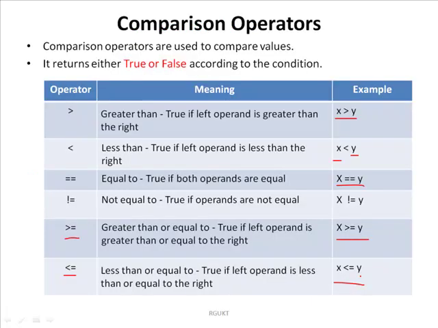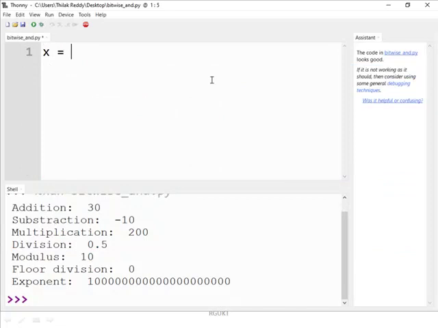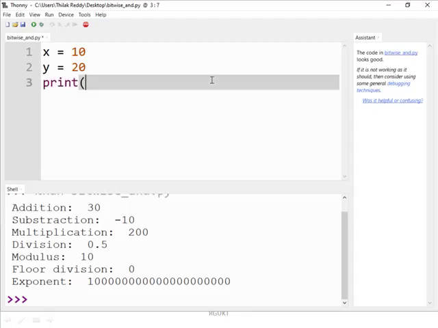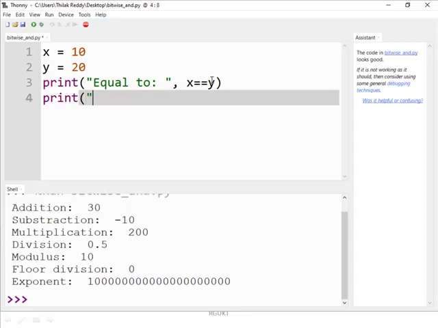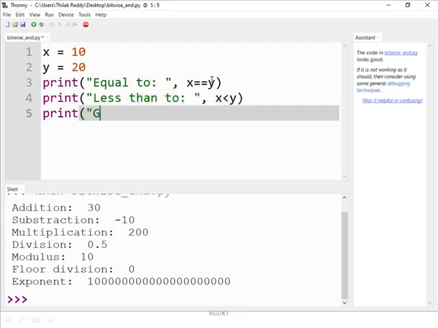Let me write a simple program for comparison operators. x is assigned 10, y is assigned 20. Print equal to, so for that we write the condition using comparison operators. Print less than, x < y. Print greater than, x > y.